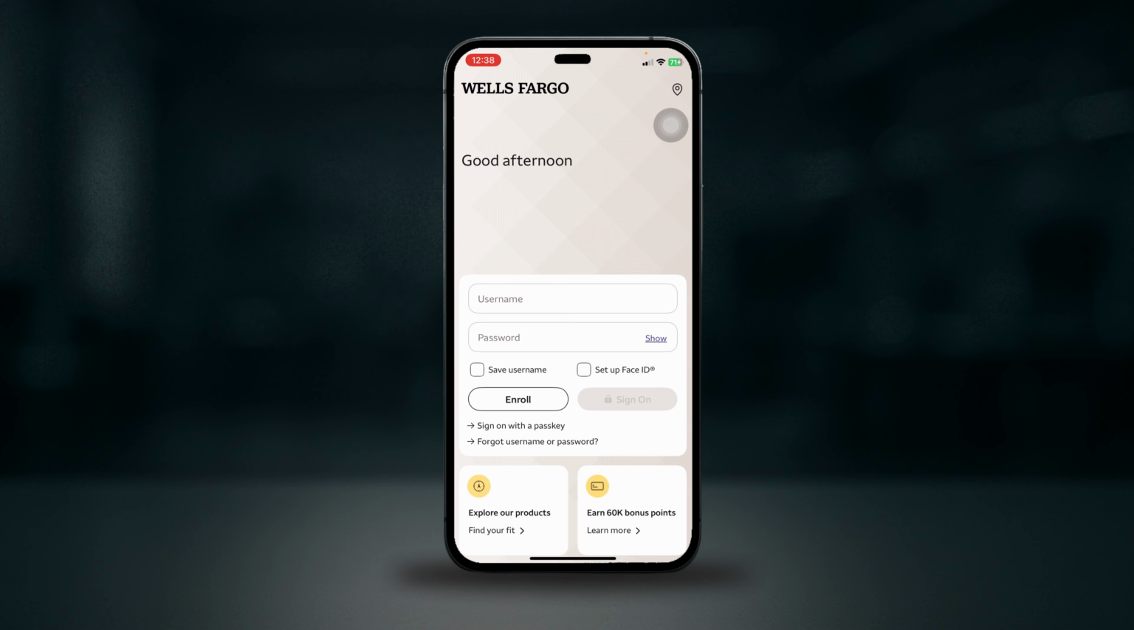If Face ID is enabled for Wells Fargo in your phone settings, you can skip the username and password next time. Just open the app and look at the screen. So all you gotta do is open Wells Fargo, tap Sign in, enter username and password, enter the one-time code,